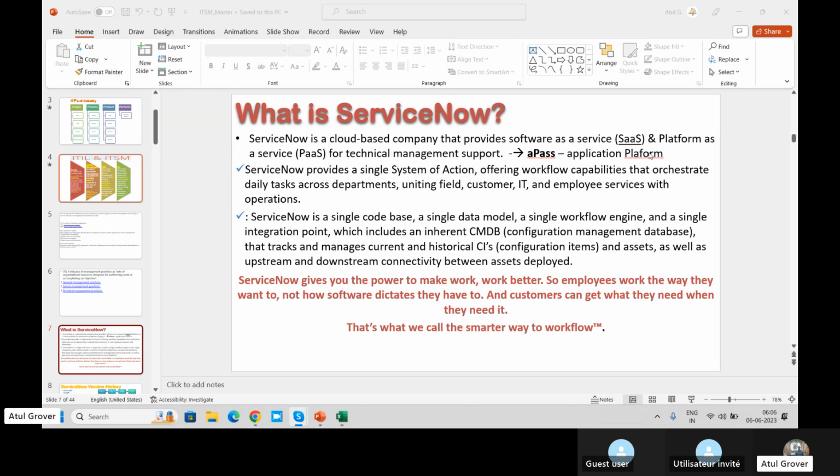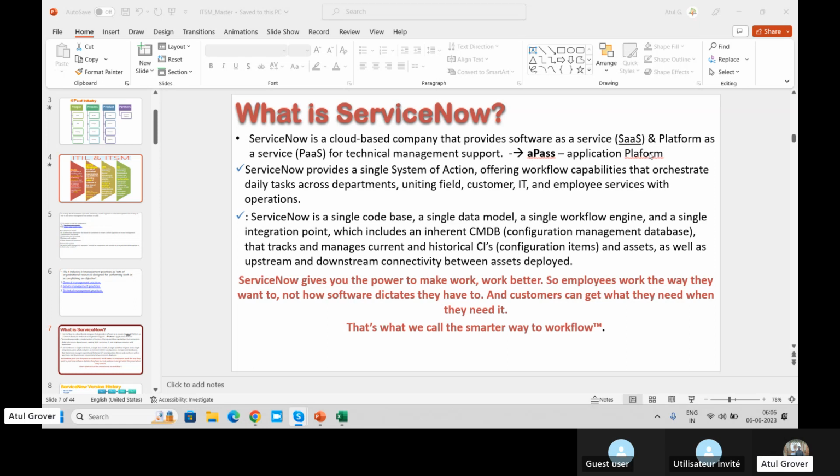And why as a service? Remember the term from yesterday. A service is something that provides value, the outcome which the customer needs, without taking specific risk and cost. So I don't bother where ServiceNow's databases are, or how ServiceNow manages the backup and all those things. That is why it is called a service. You go, pay money, get a ServiceNow instance, use it, that's all. And it is cloud based.